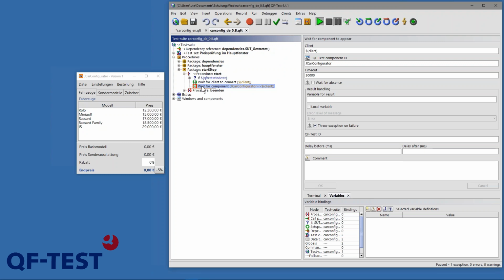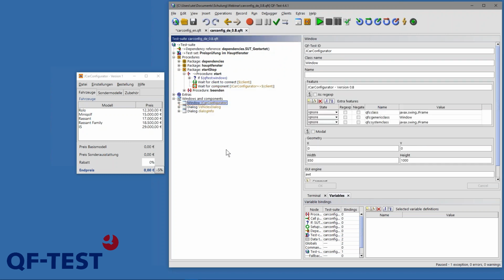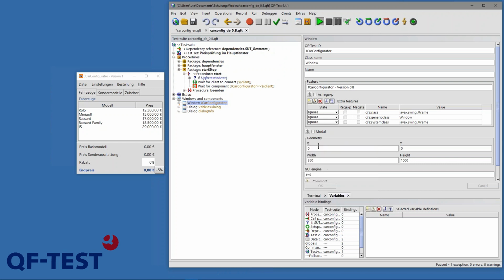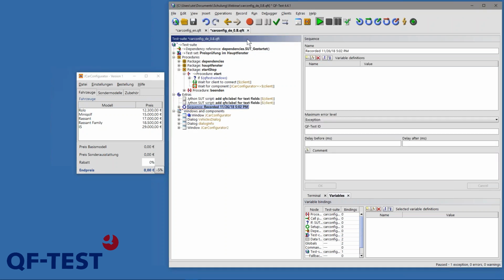You say locate component in the Windows and component sections and mark the old version, the old node. You can do that by saying right-click, marks, toggle mark. So you have a mark here, and then you record the new component and compare the two. So now record just a mouse click somewhere,